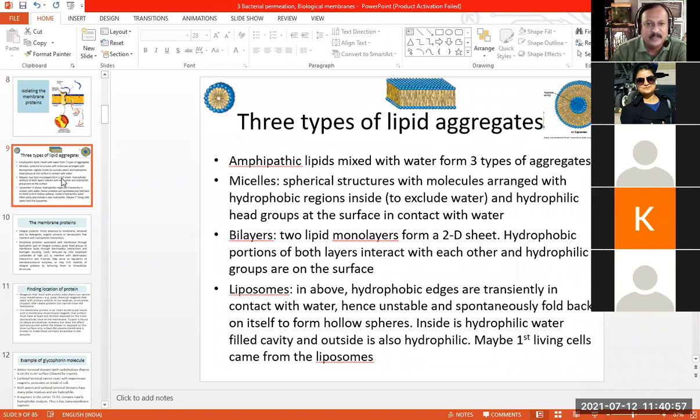Okay, so these are the 3 different types of lipid aggregates that we can actually have in a system. So for example, because the lipids are amphipathic,